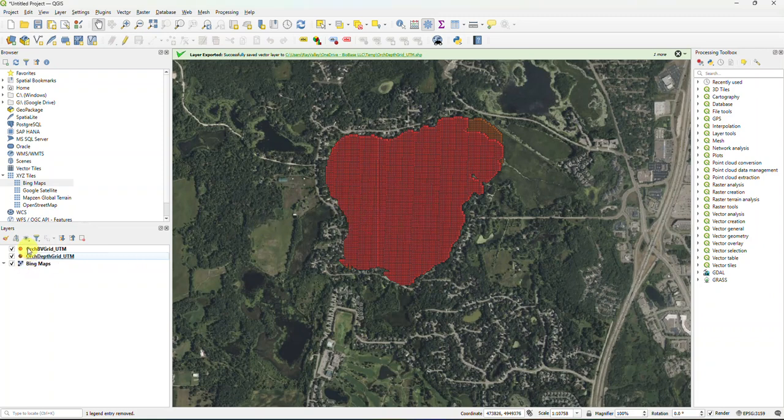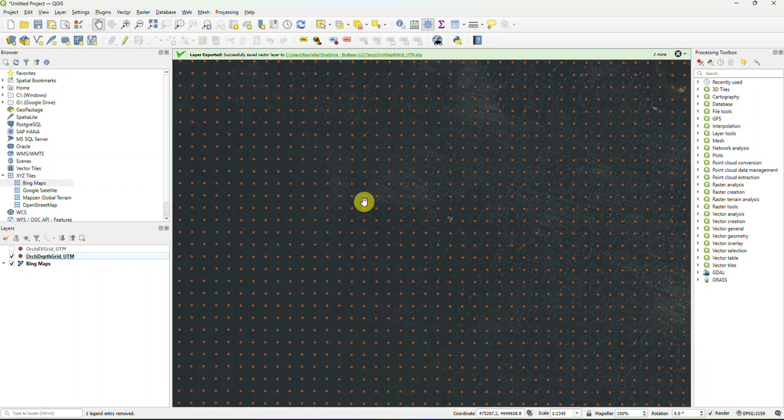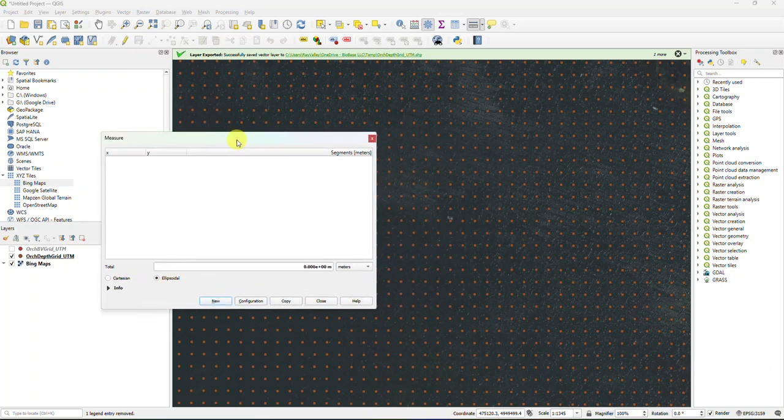The next thing we're going to do is I'll just have one of these highlighted, just to make it a little less confusing. The next thing we want to do is convert this to a raster. Raster grid, it's a different kind of GIS layer. But what we need to know is how big of the grid cells do we need to create. So we're going to use the measure tool, and we're going to measure from one point to the next, and you'll see,